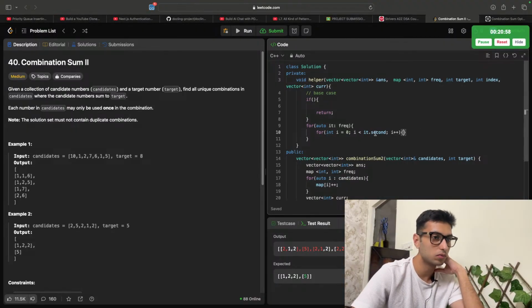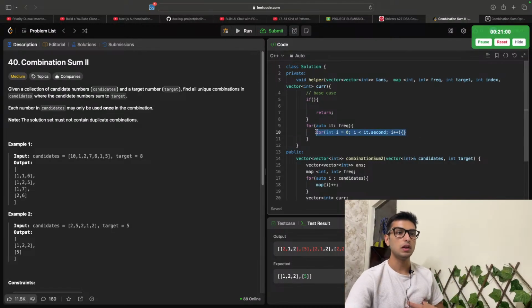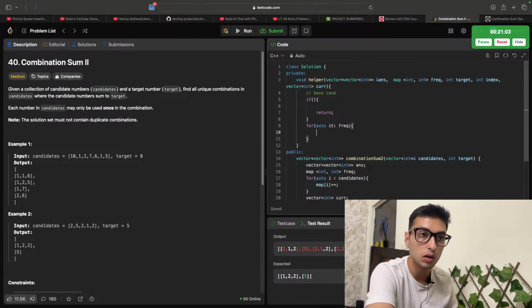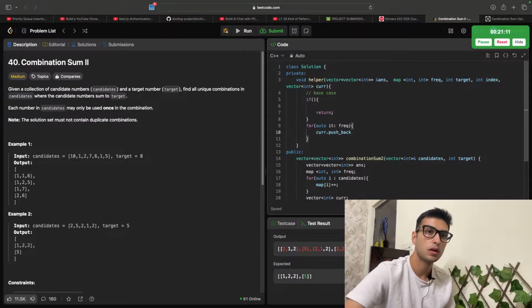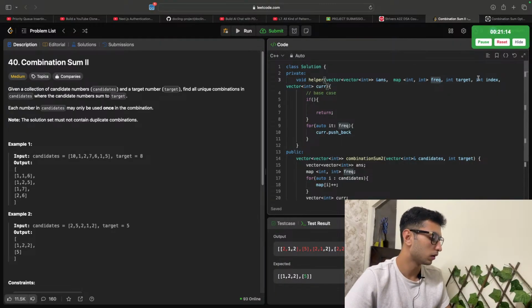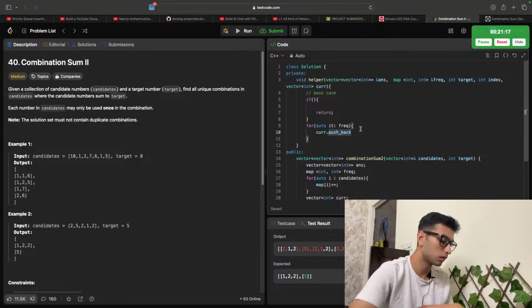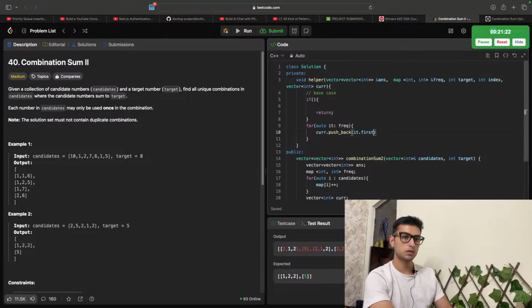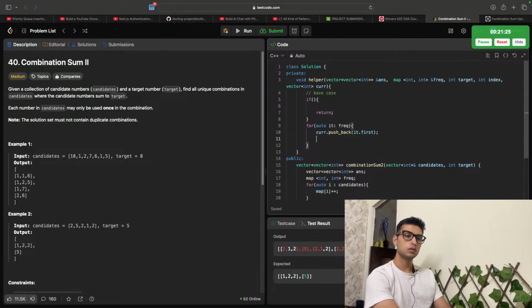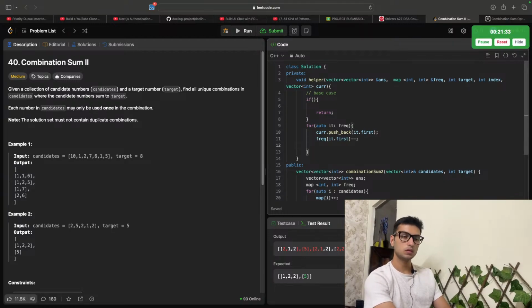Okay, I don't know why, but I have a feeling, an intuition that it might work. So current push back, and yeah, I'll pass it by reference. Current push back, it dot first, minus minus, and then